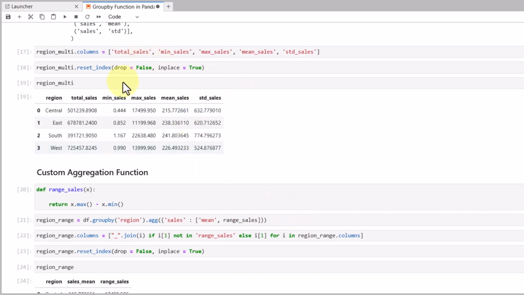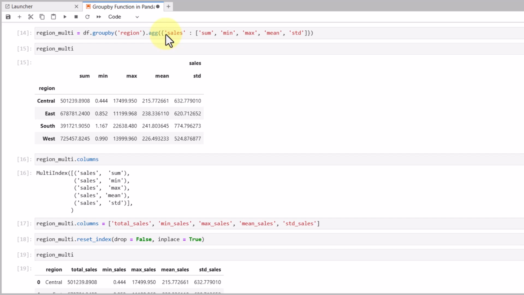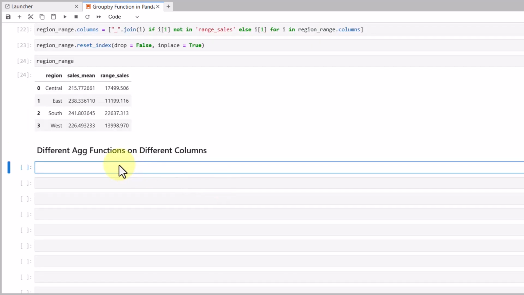For example, we have done our analysis only on the sales numerical variable, where we have calculated sum, min, max, mean, standard deviation, and so on. We did not analyze the profit variable at all. So let's say we want to have multi-variable analysis in the group by function, then how are we going to do it? It's very simple. Multi underscore df dot group by, pass your categorical variable region, call your agg function,